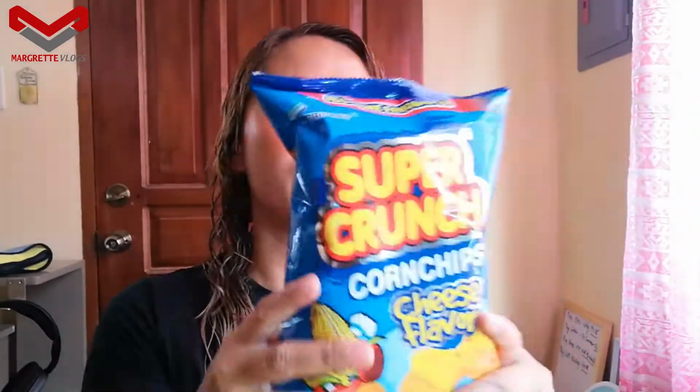Super crunch. I never really thought that Cebu produced this one, especially Mandaue. So, it was manufactured in Mandaue City in Pro Food Corporation. The green variant is Kiddy's favorite. This actually came in small sizes before, but now they have the big one. So, very nice. And then,